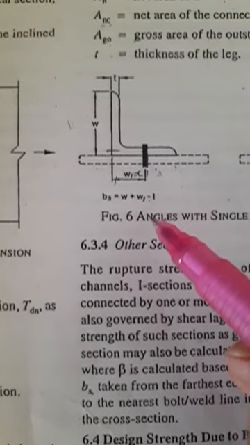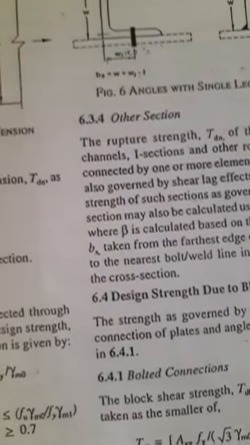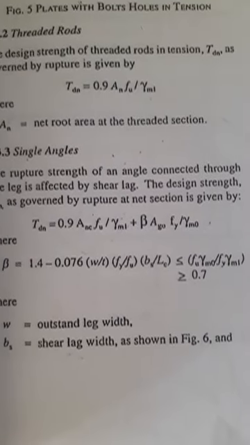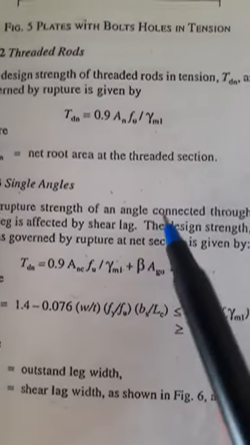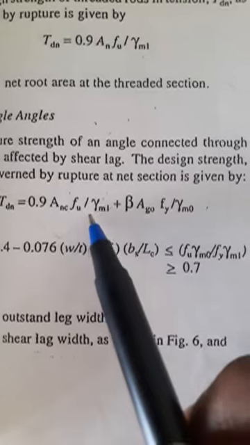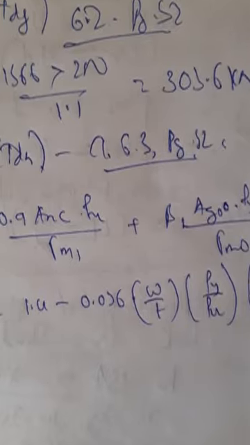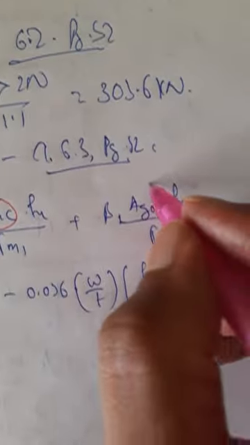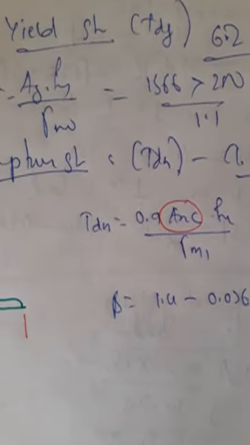So I will go on finding the terms, and before finding these terms you might be confused how to know what terms to find out. So simple, always write this equation. Write this equation and you will understand what are the terms to be found out. Now this is the equation for TDN, 0.9 ANC Fu. So just copy those equations. Now if you look at these equations, you will find that you have to find out A and C. You don't know this. You have to find AGO and beta. Once you understand, you can find out these terms.